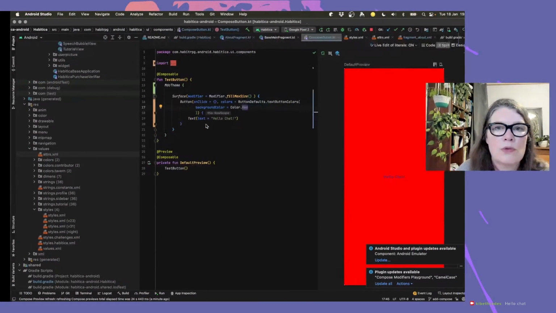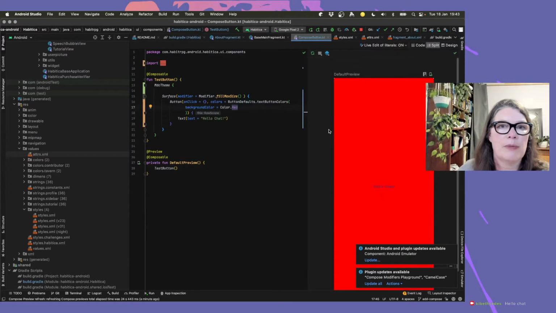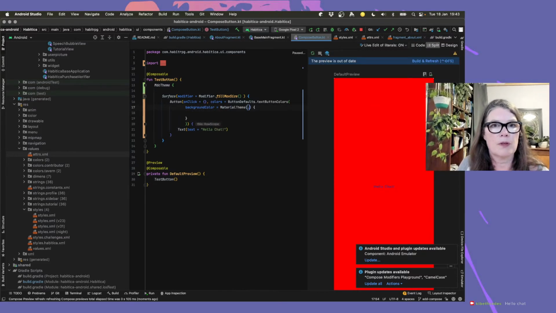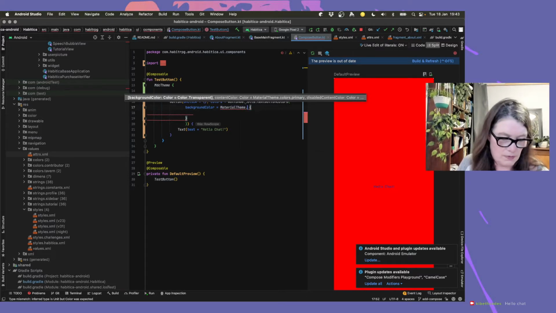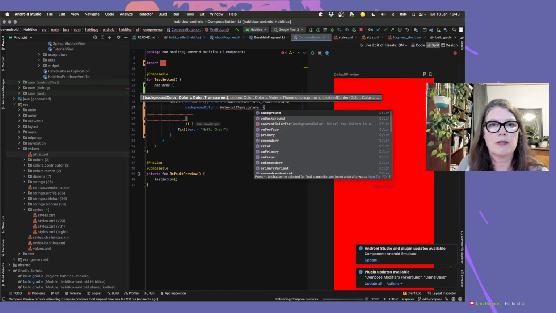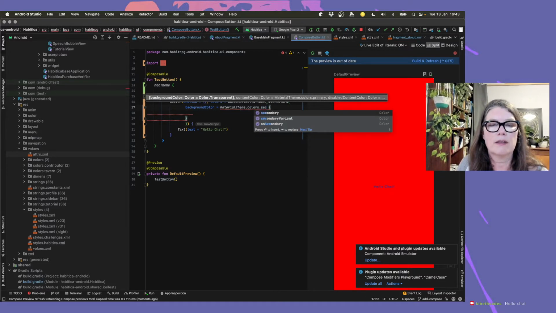That's what I thought. Ah, there we have a red button. Okay, but now we should be able to change this now to material theme dot colors dot say secondary, and then it should take the secondary color we got from